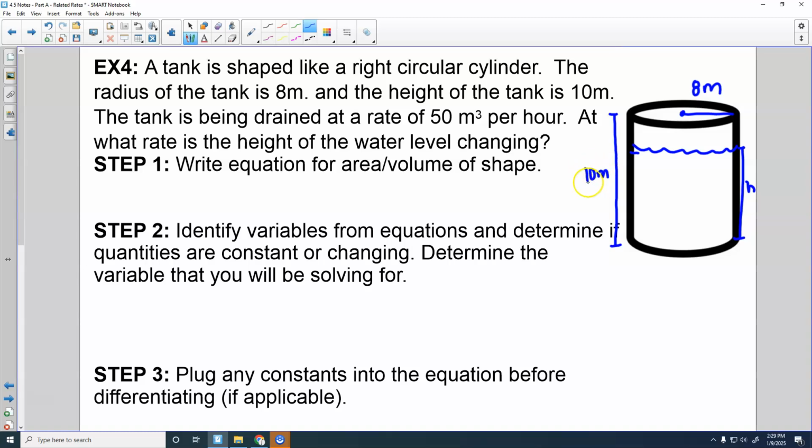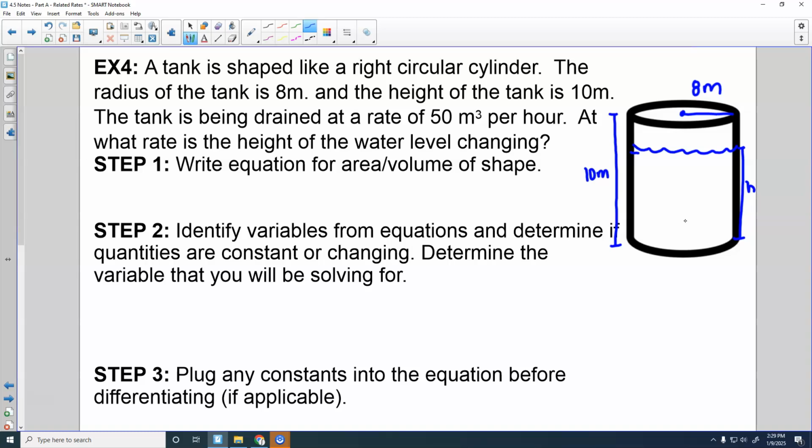So this 10 right here, you actually do not use at all. It's information you have. You do not need to use it in the problem at all. Because what the problem's asking you about is the amount of water in the tank, not how much the tank itself holds. So, question for you here, though. The height, well, let's go ahead. I'm going to do